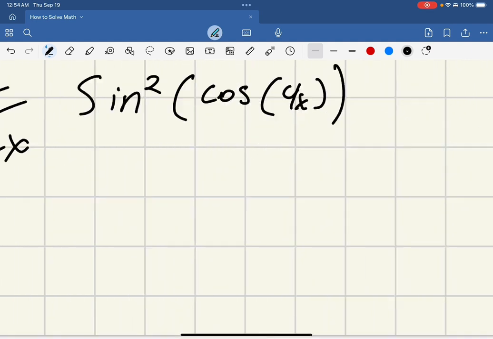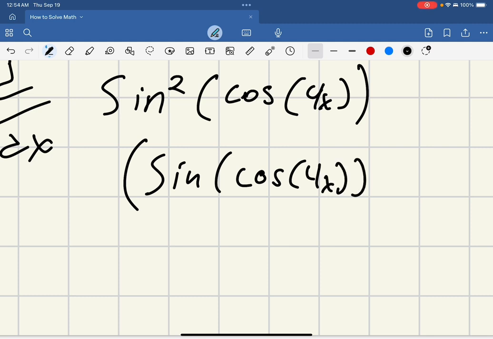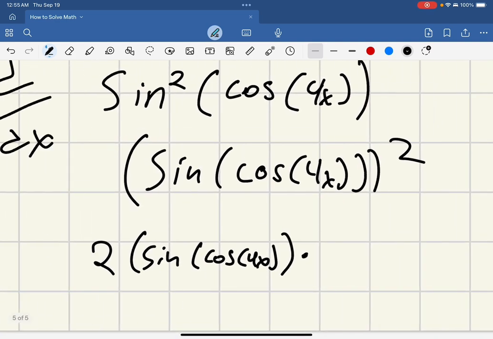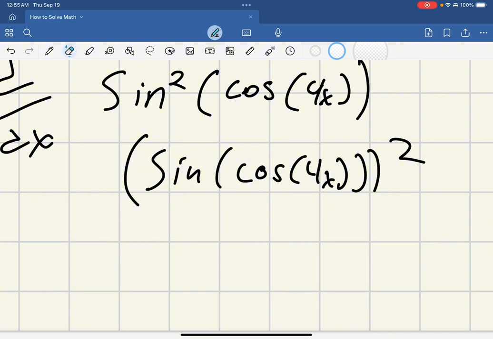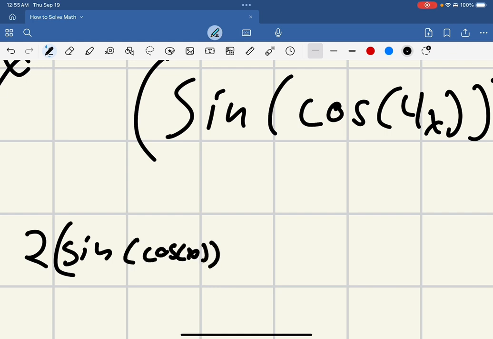Okay, for this one we can rewrite this as sine of cos of 4x, all squared. So we're going to do 2 times sine of cos of 4x, keep the inside the same. Now take the derivative of the inside. I should probably write this a whole lot smaller so that it fits on this little piece of paper. So 2 sine of cos of 4x,